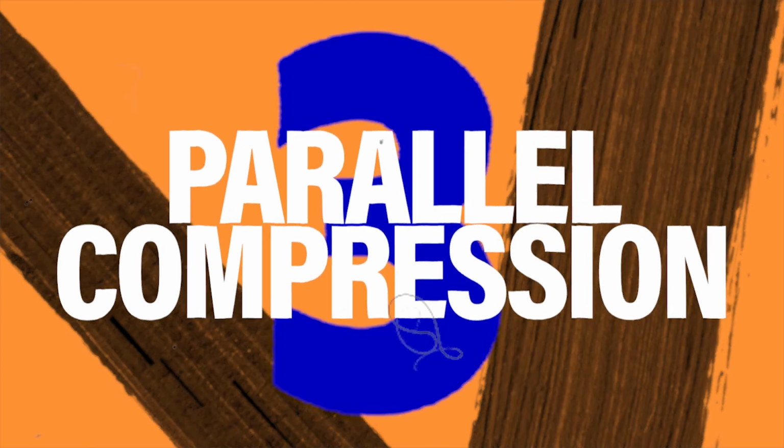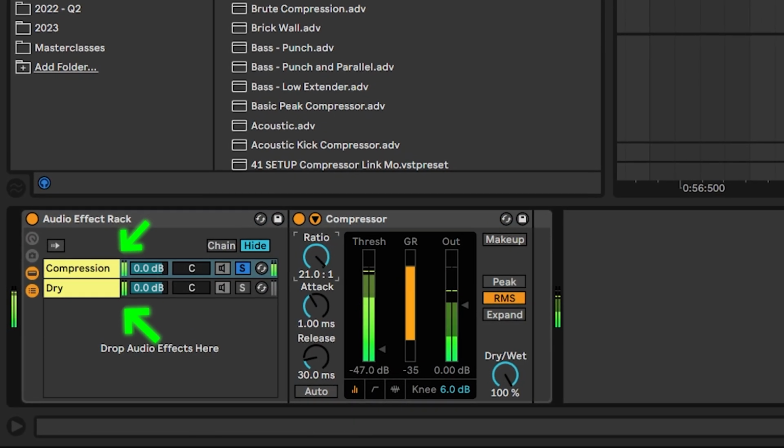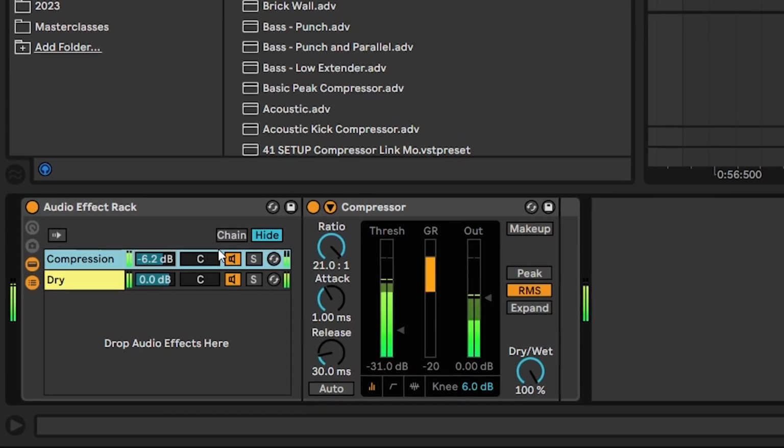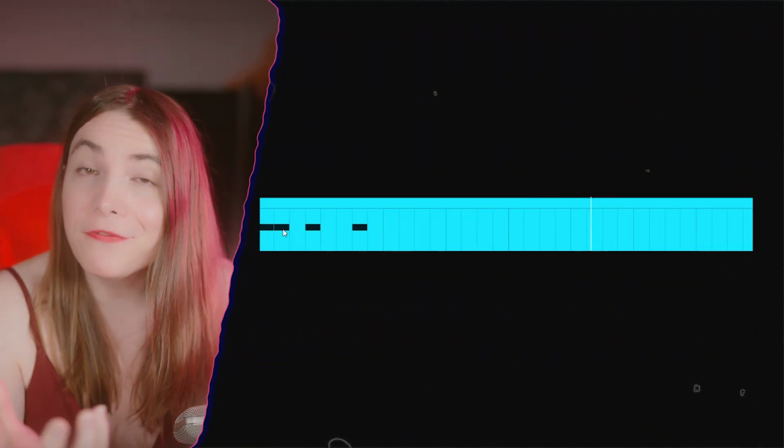Next time I need something different. Parallel compression is a technique where you blend hard compressed signal with a soft uncompressed signal, and we all use it on our drums. But many techno producers use a variant of parallel compression to get that aggressive in-your-face lead